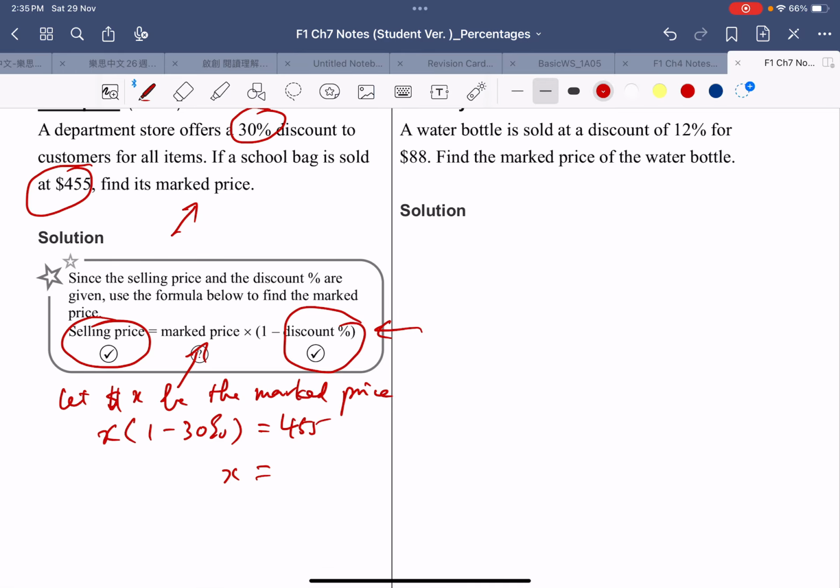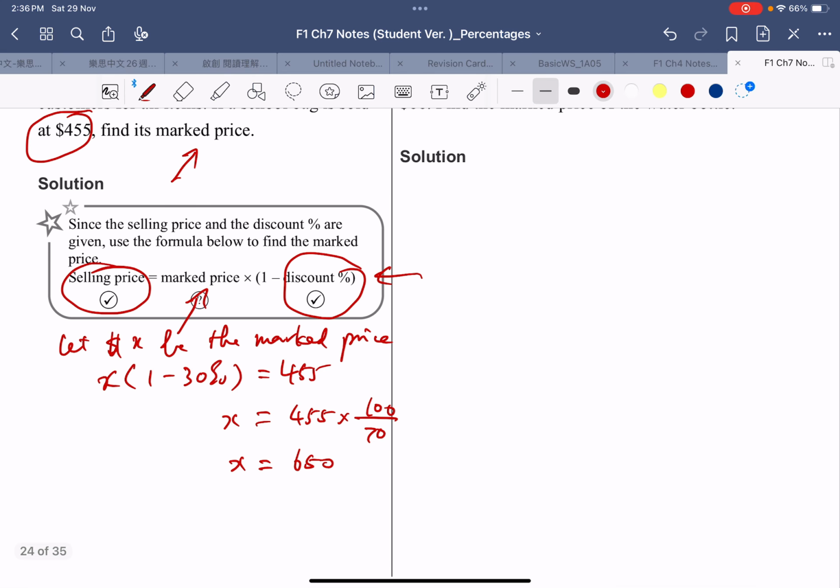Okay, so for x, and then x will be, write down the conclusion. The mark price for the school bag is